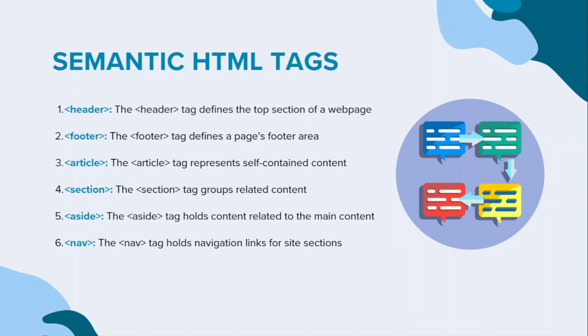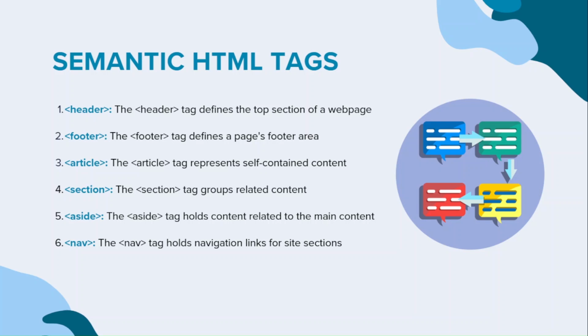SEO rankings. The header tag represents the top section of the web page, often containing the website title or logo and the navigation buttons. The footer tag defines the footer of your web page, typically containing copyright information, links, or contact details. The article tag represents a self-contained piece of content that can stand alone, like a blog post or